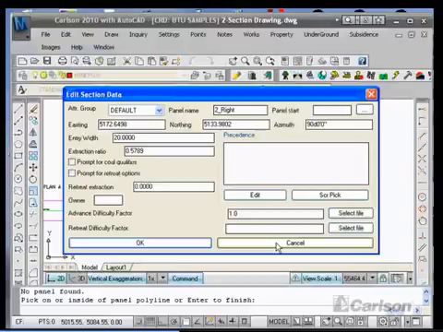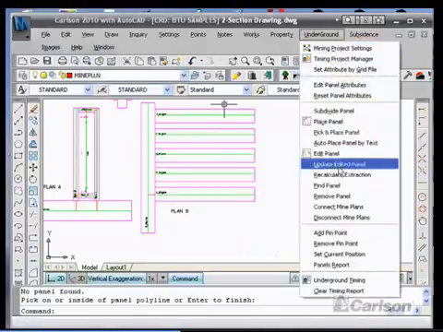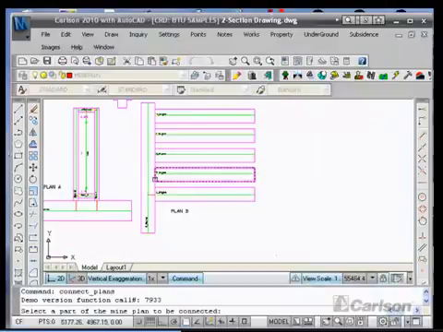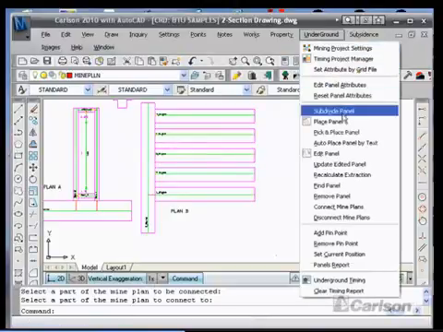So the way we would take care of that, cancel here, is we'll go to the Underground Connect Mine Plans option here, and we'll pick this one and then pick this one. Now all of these were placed at the same time. They'll be on the same mine plan originally. This one and this one were on the same mine plan originally, but now these two sets of plans are joined together. So if I go back to Edit Panel,